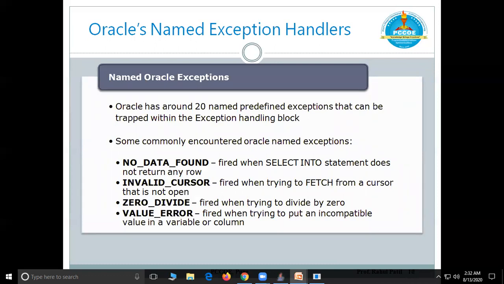In summary, we have seen there are two types of exception handling. One is built-in. Another is user-defined. In built-in, we have 15 to 20 named exceptions and 20,000 plus numbered exceptions. Now, how to handle this named exception? The name is already given by the Oracle system. What to do when this situation occurs is also written, but we don't want whatever is written by Oracle engine to be executed. We want in that